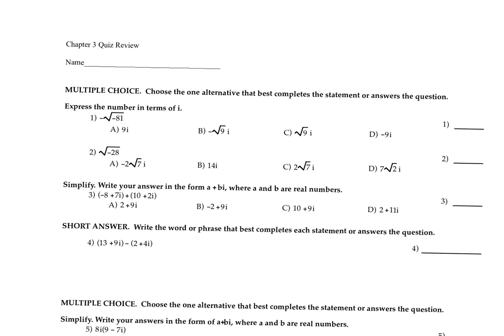The first couple, and I'll tell you this, and it'll be the same on the quiz tomorrow. I don't necessarily like how they write it, but it's the program on the computer that does it this way. They always put their i's at the end. So, for instance, on number 2,